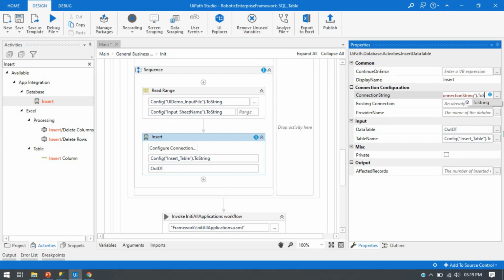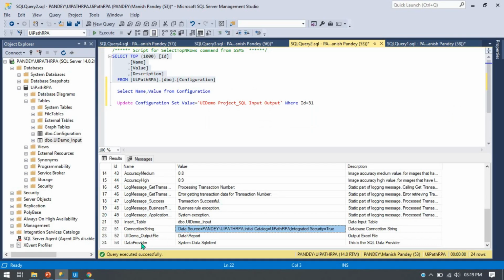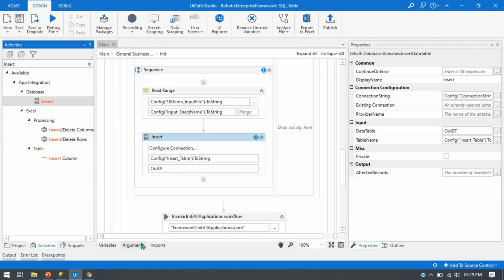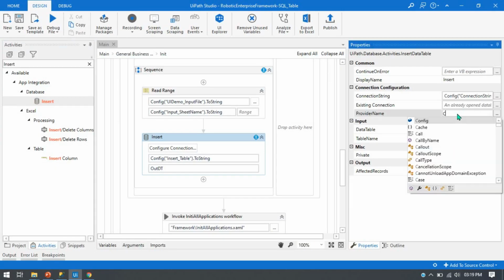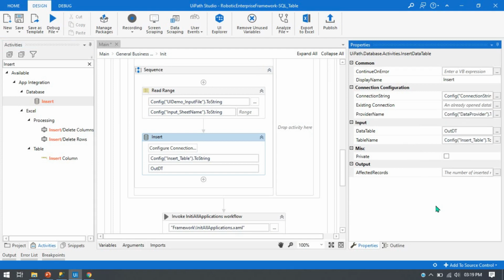Dot ToString. And now one more thing we need to pass here in the connection configuration, that is the provider name. The provider name we are getting in the data provider config name. Second, we are going to pass Config, open close bracket, double quotation, data provider, dot ToString. Right, now this is done,